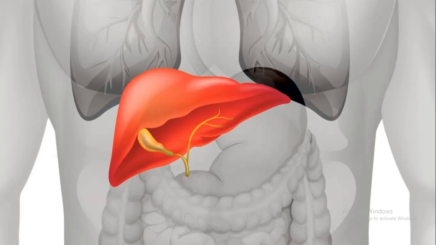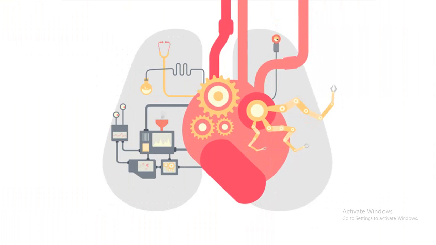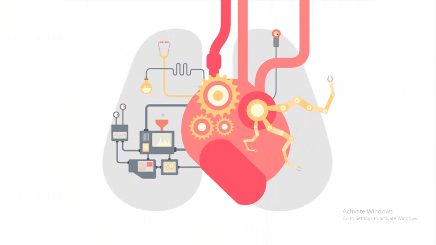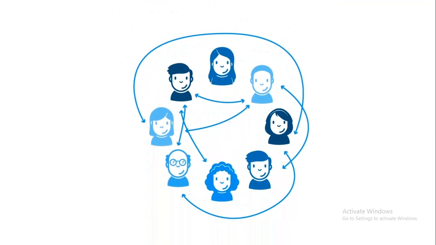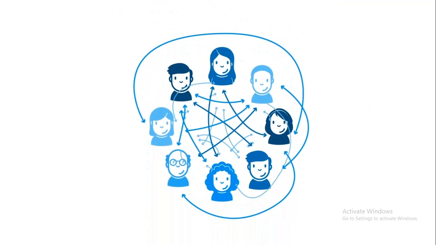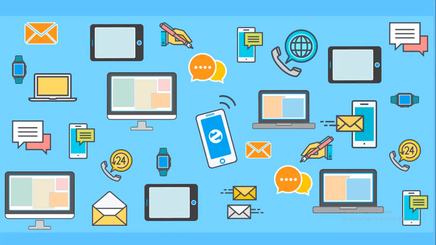Not only that, organs need to interact with one another in order to form a larger system known as organ systems. So organ systems should connect with each other, thereby controlling the complex cellular physiology. Now, we like to stay connected and communicate with our friends and families, and we do that via cell phone, mobile, Facebook, Twitter, WhatsApp, etc.